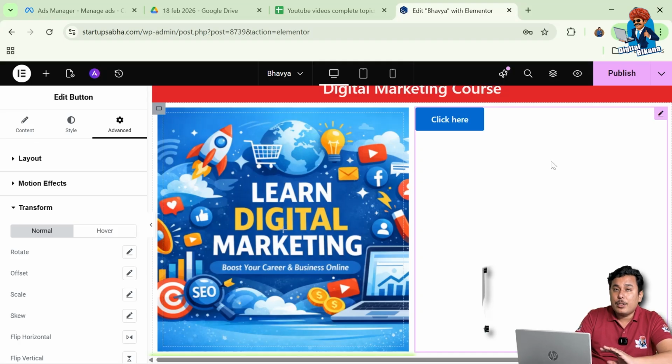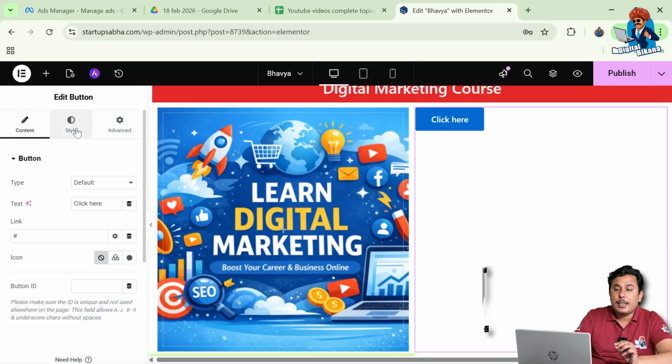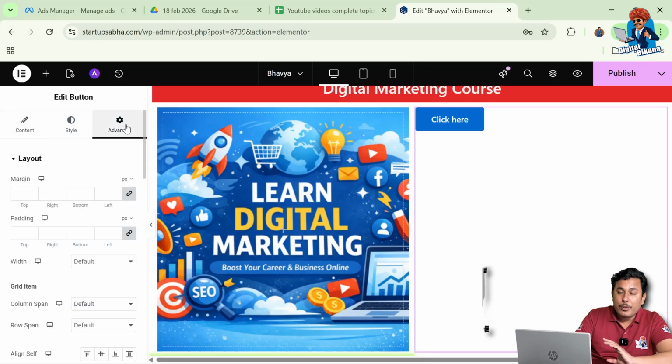And now I just want to edit this button, and for editing this button you just need to move your cursor over the button and you will find a pen icon in the top right corner. You need to click on that, and in the left side settings you will find content settings, style setting and advanced setting. Right, you just need to move to the advanced setting, and in the advanced setting you need to